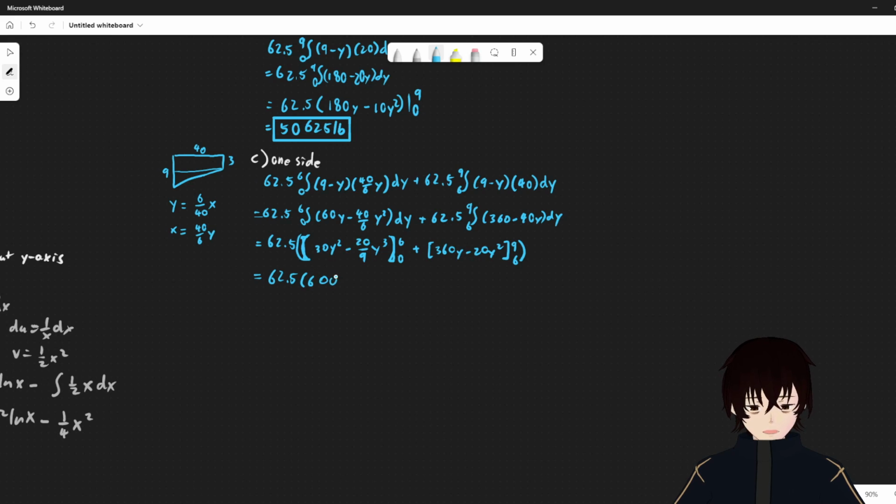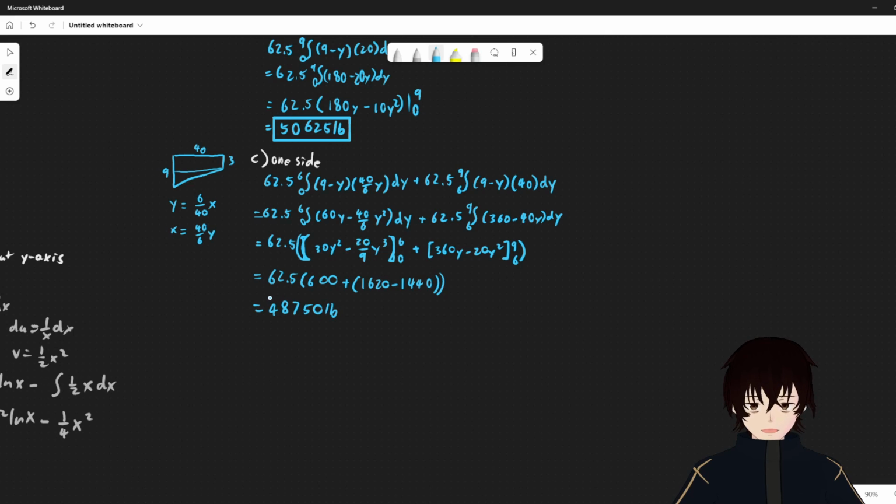Ooh, precisely 600, plus 360 times 9 minus 20 times 9 squared. 1620 minus 1040. Which is equal to 48,750